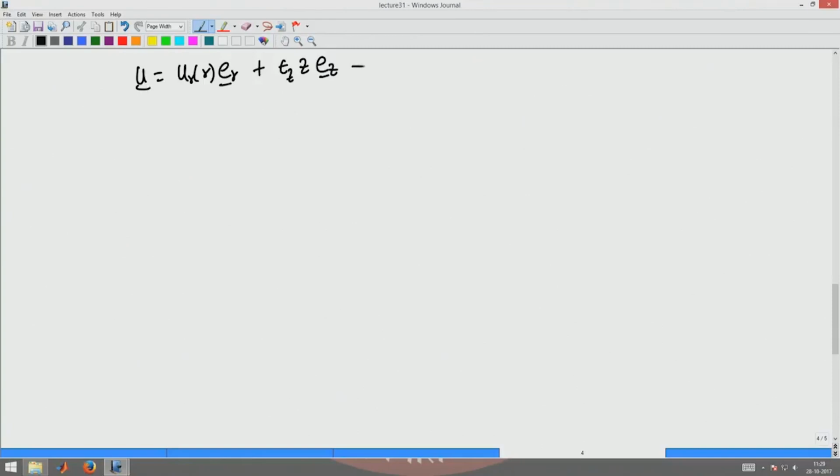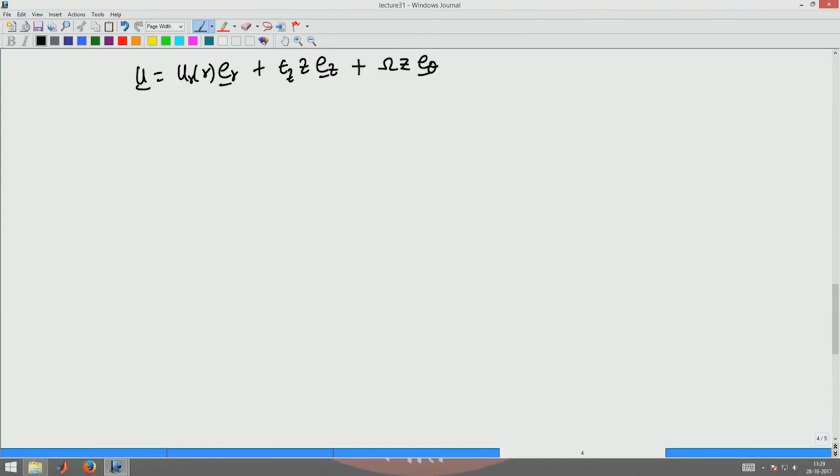Okay. I can superpose the torsional displacement, omega z E theta, which will be the angular displacement,